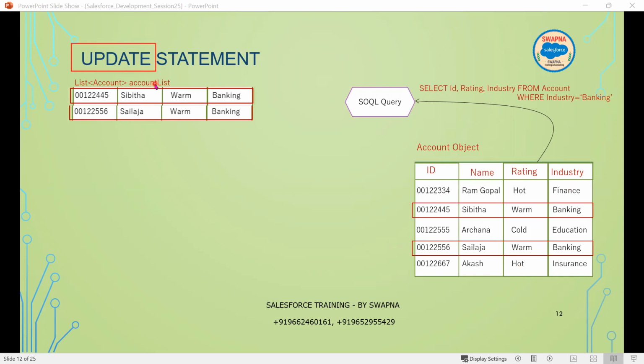We are storing into the collection. That means I am retrieving the data from SOQL and storing into the account list. Now till this point, what we are doing is the SOQL query, pulling the data and storing into the one collection. Once I have stored the result of the SOQL query inside this account list, what I have to do now is the update